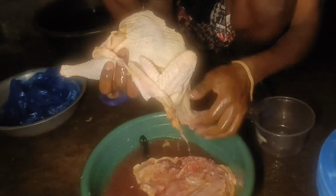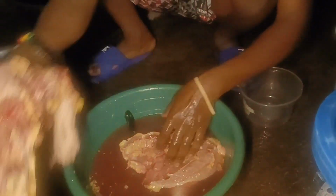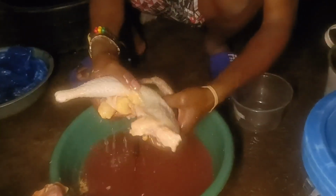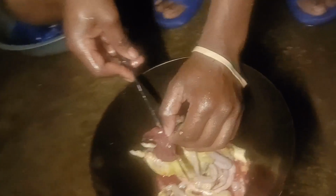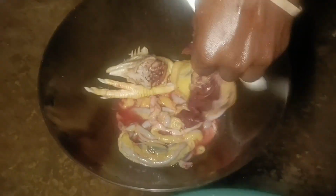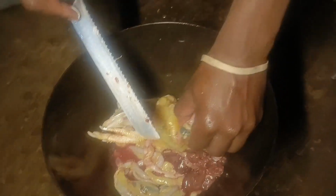After dividing it in half, I had to make sure that it had no feathers in it, and also it was actually clean and neat. Then I had to place it on the other side. Then I went back to go and separate the